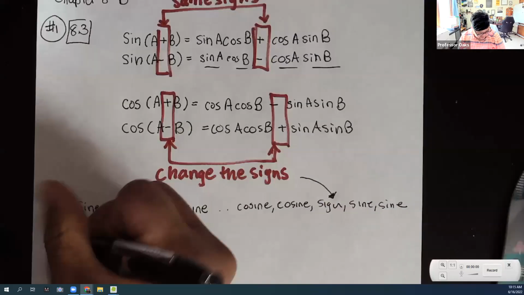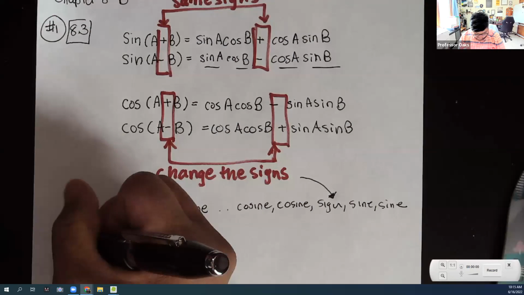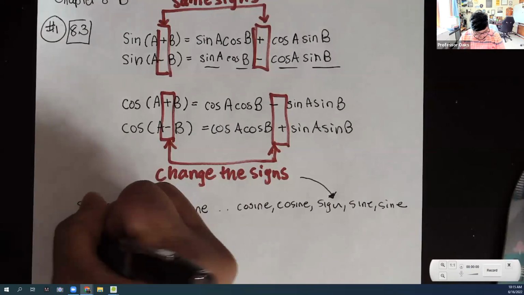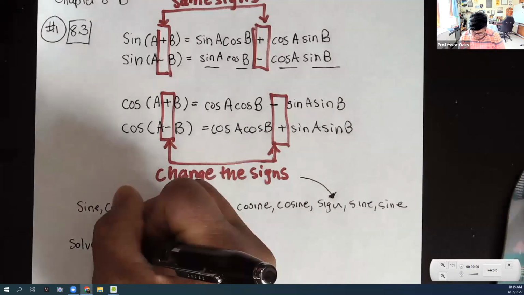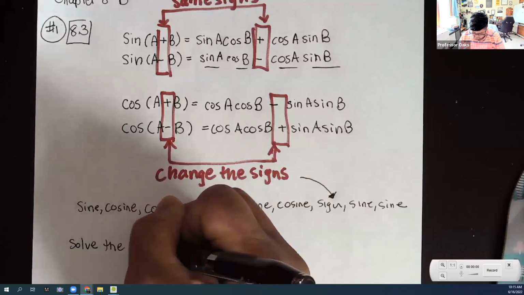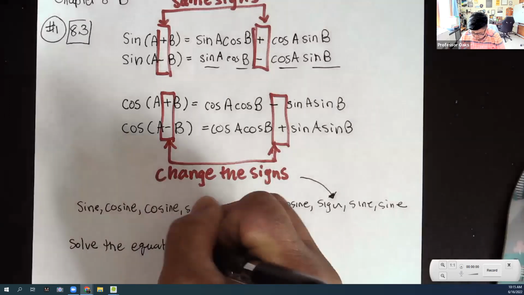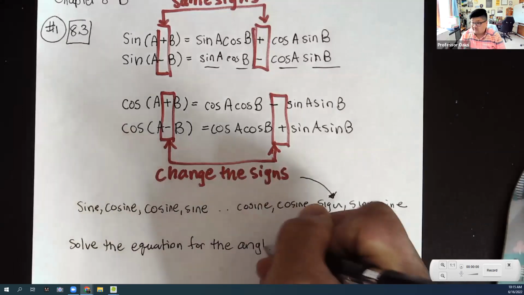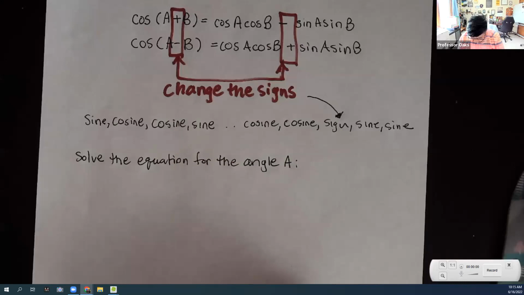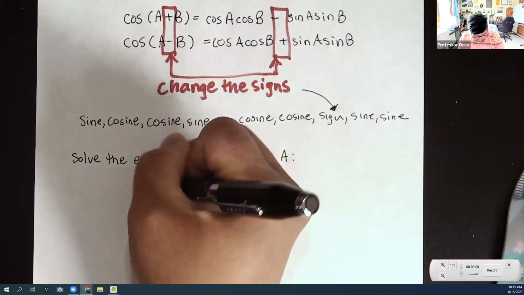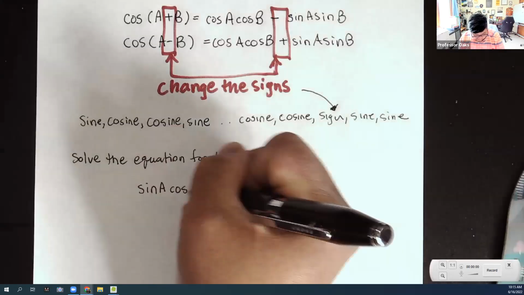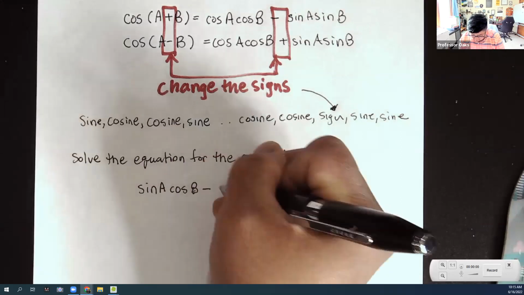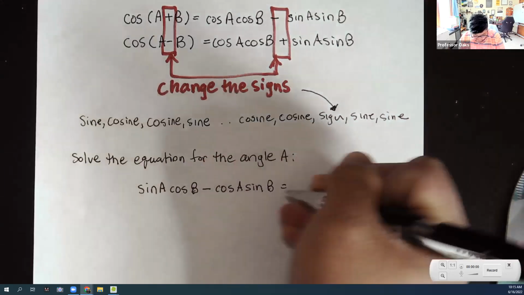So it would be: solve the equation for the angle A. The first one here is sine A cosine B minus cosine A sine B is